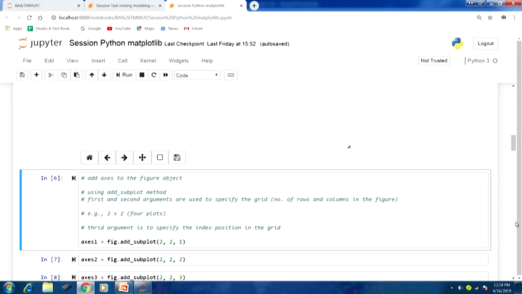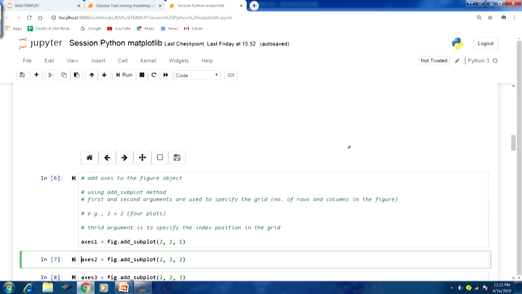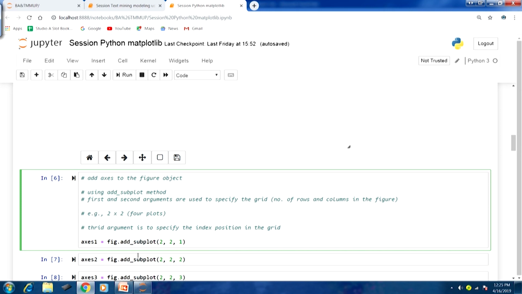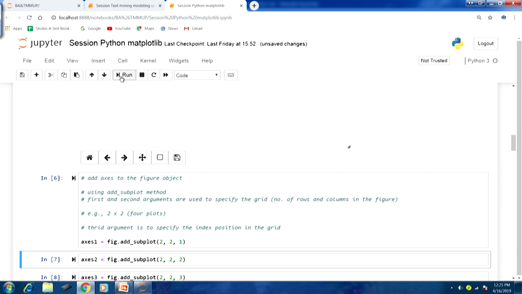So, let me start. First thing, axis, the first pair of axes that we would like to generate here. When we say pair of axes, it will essentially create a mechanism for a subplot for us. So, axis 1, and we are using this fig object that we have already created, and we are calling the add_subplot method. So, fig.add_subplot, first argument 2, that means 2 rows, then second argument 2, number of columns, then 1, the index position. If I run this, at this particular index position number 1, the axes are going to be generated.